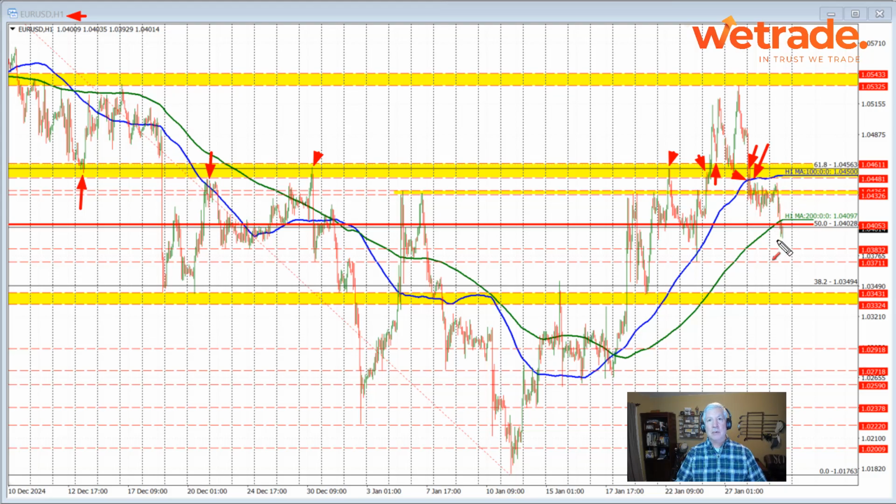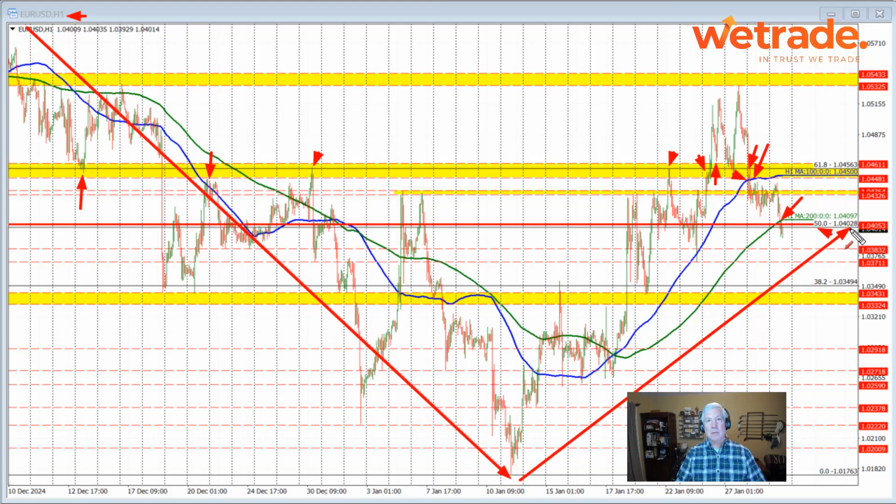But since then, the price has moved lower still, and has broken now below the 200-hour moving average and the 50% retracement of the move down from the December high to the low price that we saw in January. That 50% comes in at 1.04028 and is a level that is of importance for traders here today. So this is going to be close resistance in trading here today between 1.0402 and